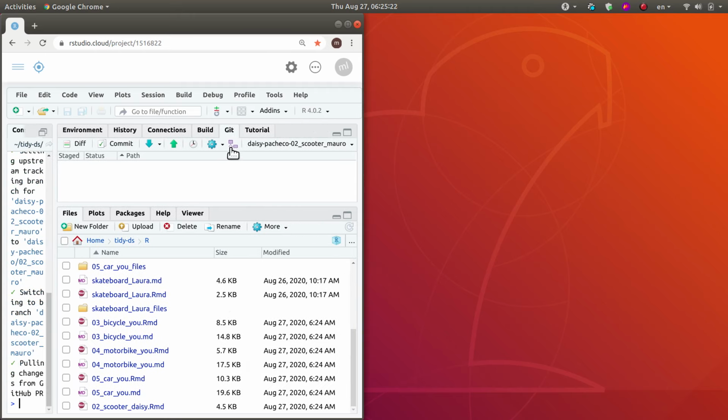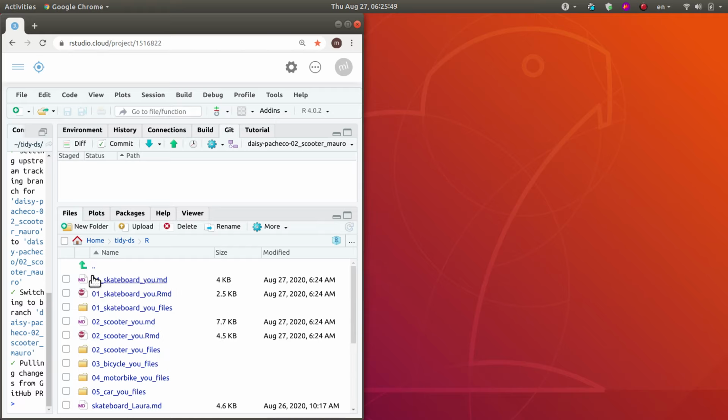Okay, so as you can see now, I'm standing on your branch, and I could do the change myself, and actually I will, just to demonstrate how I can push to your fork, which sounds weird, but I can. Once you submit a pull request to someone's repository, the maintainers of that repository have the ability to add commits, because you have given them the permission to start adding stuff to your own fork. So I'm going to navigate here to the file Scooter